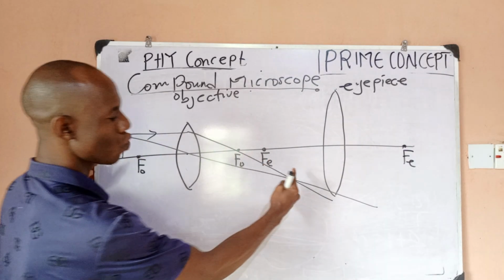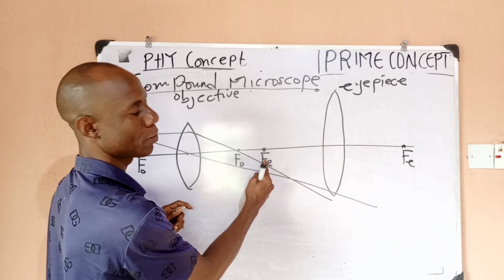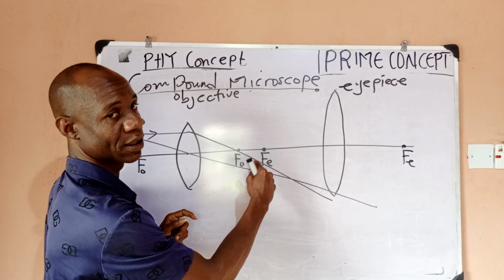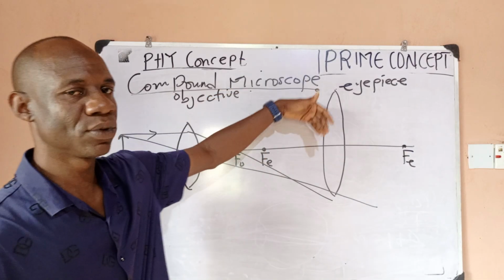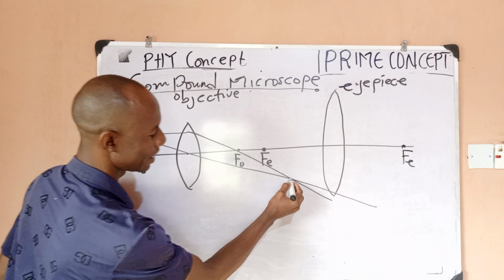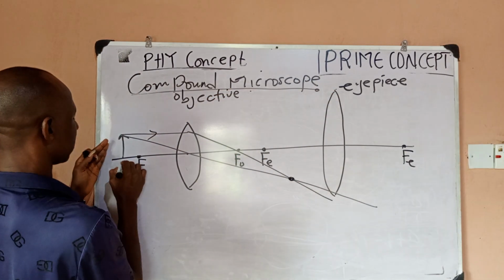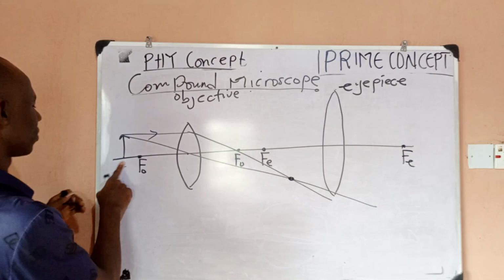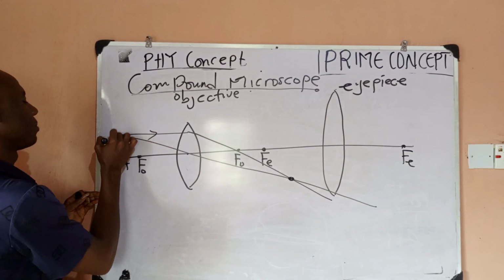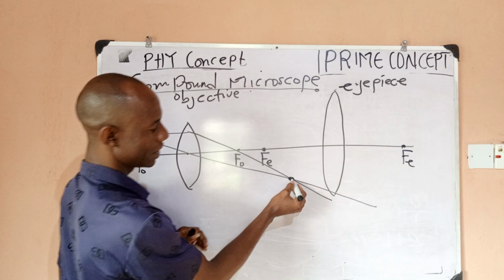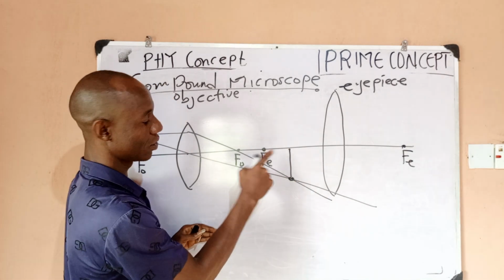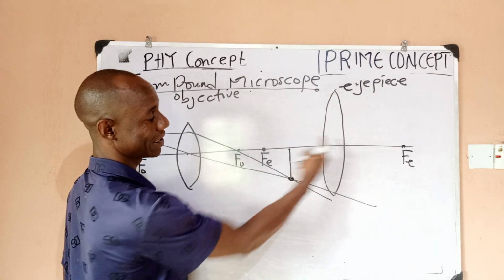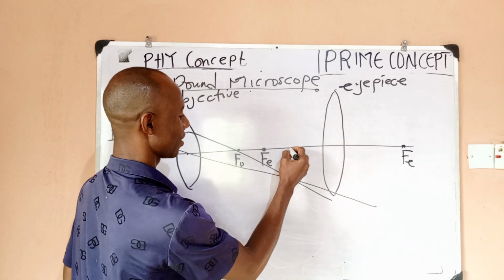Now, these two lenses are arranged in a way such that the image formed by this object would be formed somewhere inside the focal point of the eyepiece, so that the eyepiece will now begin to act as a simple microscope. Now you can see where the image of this object is formed, right? So I'm going to call this AB, and this is where the image is formed, which is actually inside the focal point. So in between the focal point of the eyepiece and the eyepiece lens. So I'm going to call this